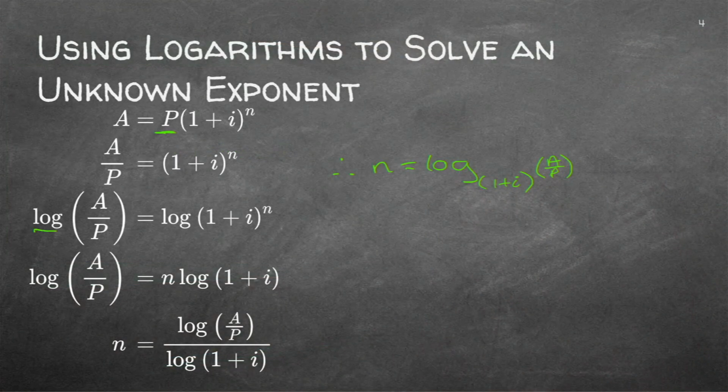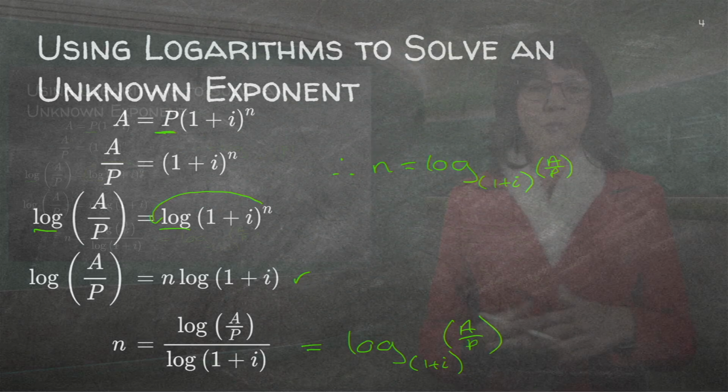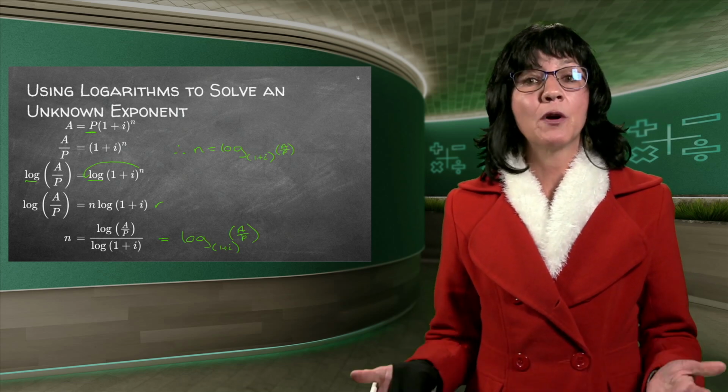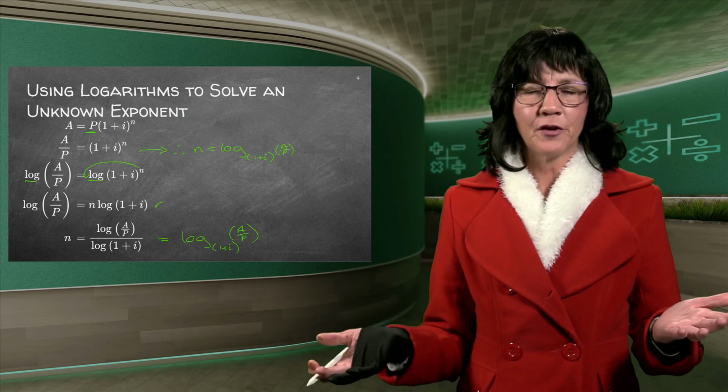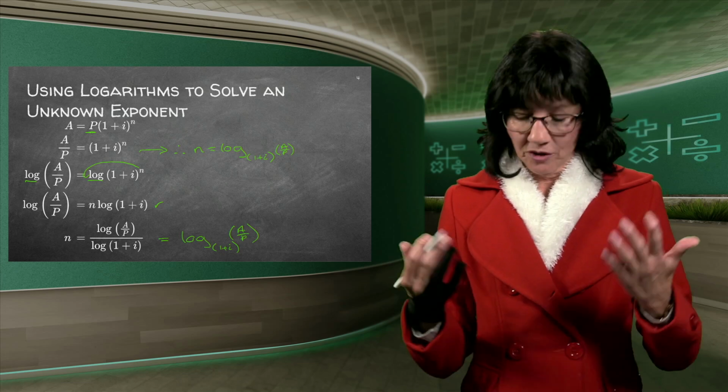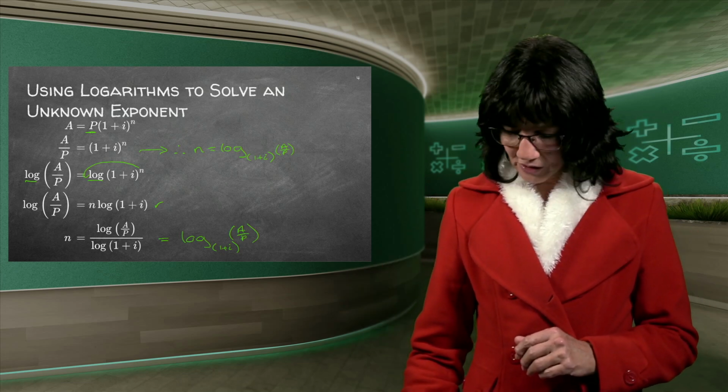Or you can put a log word in front of each side. Then you can bring that n right to the front, which has happened here. Then you can say, but I want the n all alone, so I must divide by both. And this, in any case, can be rewritten as one log word with the footnote here, the base, and the rest there, A over P. And you can see it's exactly the same that I wrote right on top there without having all of these steps. But it depends what you're comfortable with. If you can do it straight away from there to there, it's very easy if you understand the language. So go check and see which one is easiest for you.